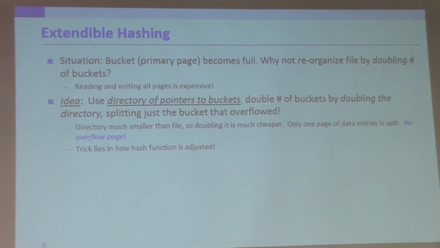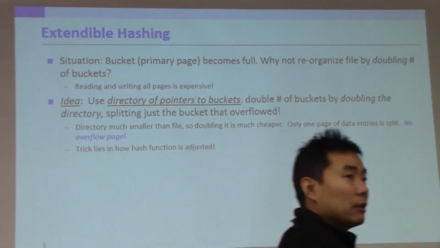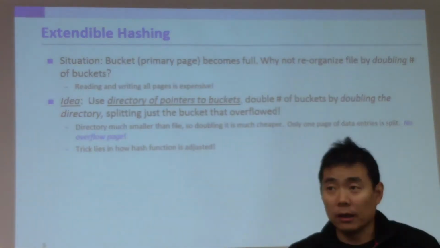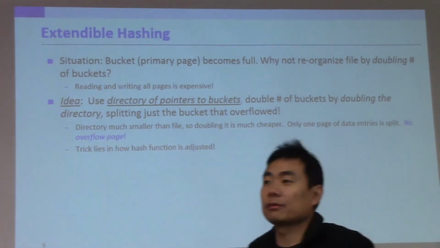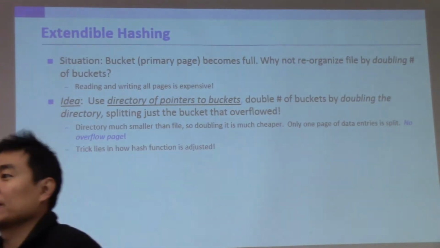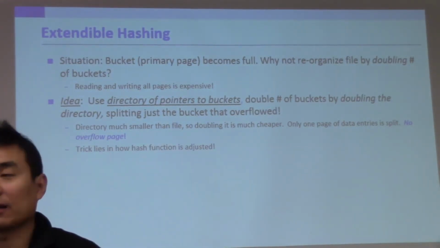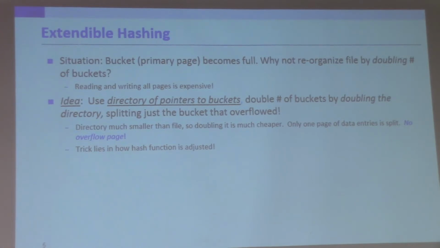4 more drawers. 5, 6, 7, 8. Okay? I'm going to redistribute everything from drawer number 1 into drawer 1 and drawer 5, and everything else stays intact. That's essentially the idea. And why 1 and 5? You may wonder, why not 1 and 6? Why not 1 and 7? Why not 1 and 8? That has to do with